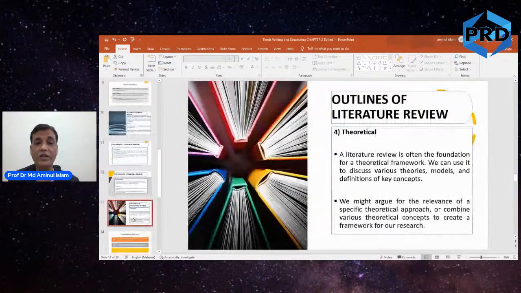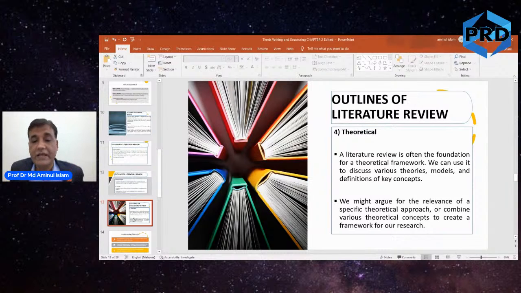Or you may also look at a certain theory, a certain literature review, a certain thesis, where you highlight the theory. As we said, the literature is the foundation of a theoretical framework, so we can discuss various theories and models, and finally we reach a summary of the literature review.